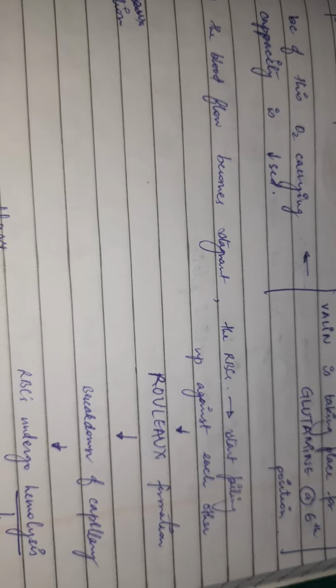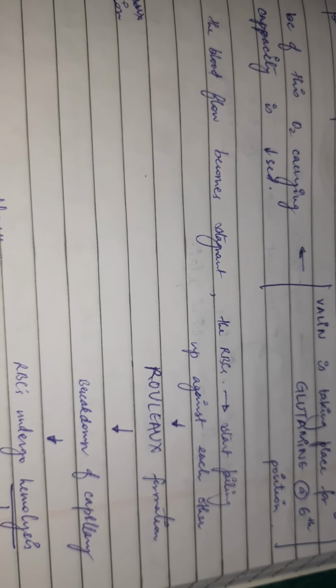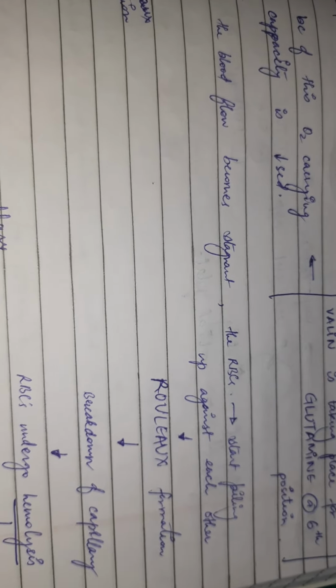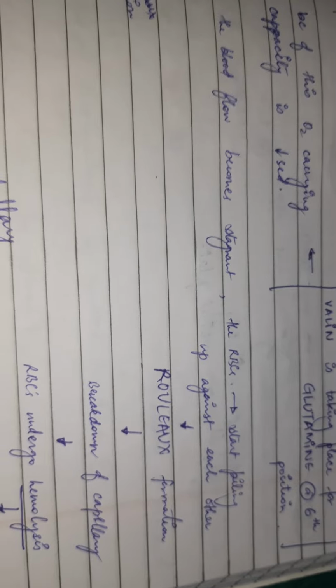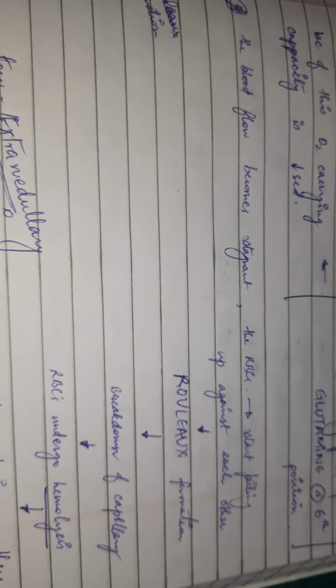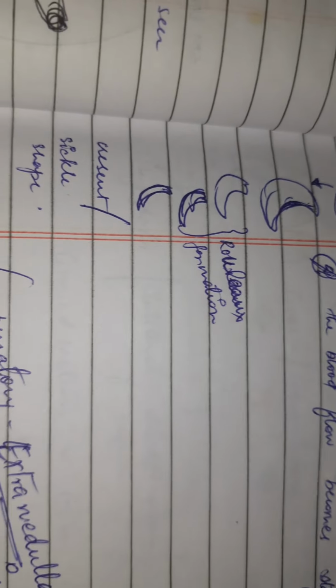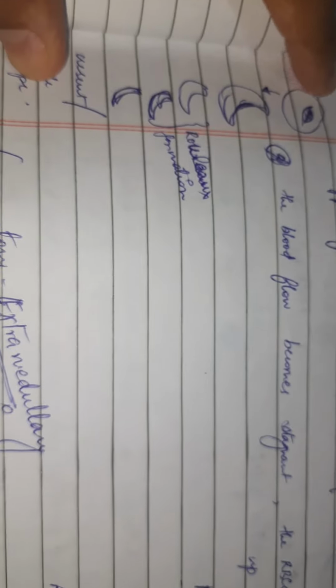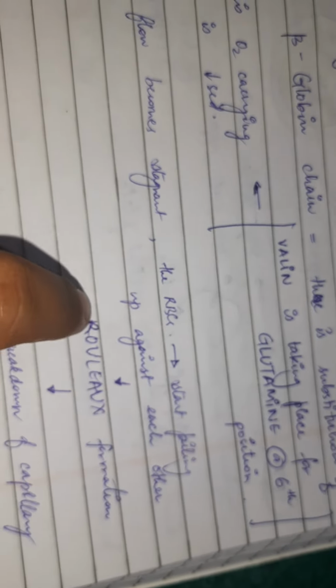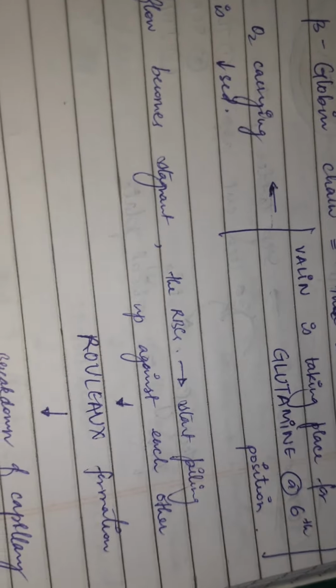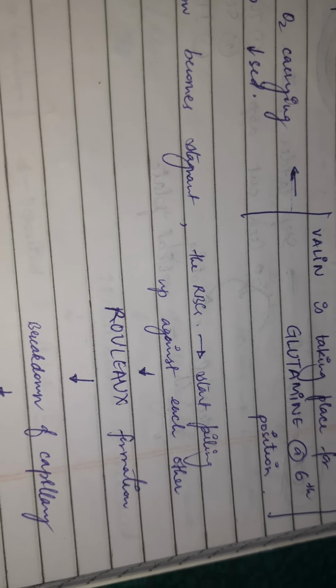Due to the decreased oxygen capacity, the blood flow will stay at one place, and the RBC size gets decreased, so the RBCs pile up against each other, which is called